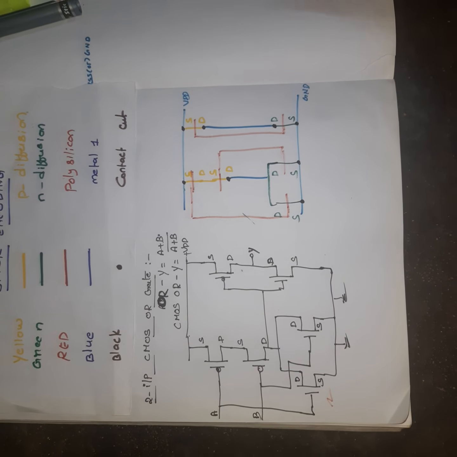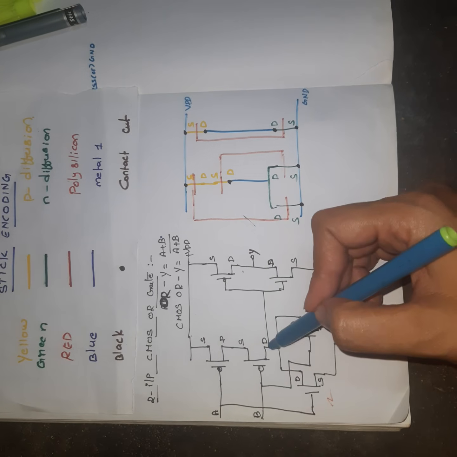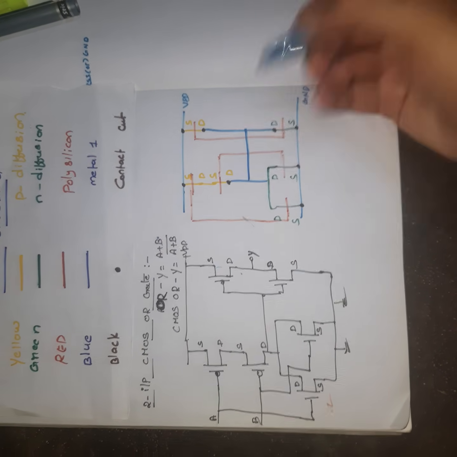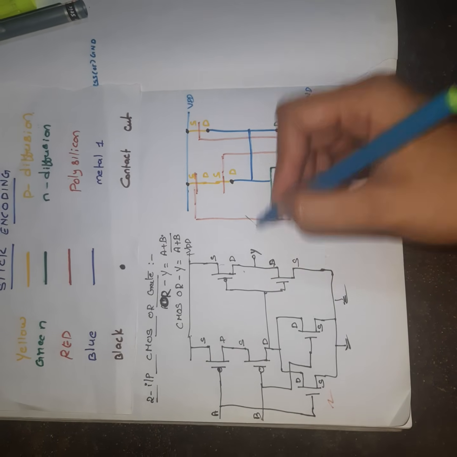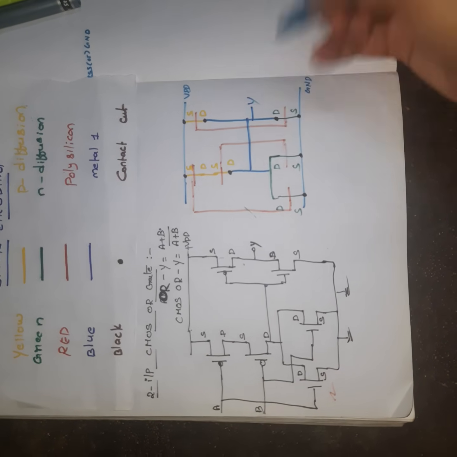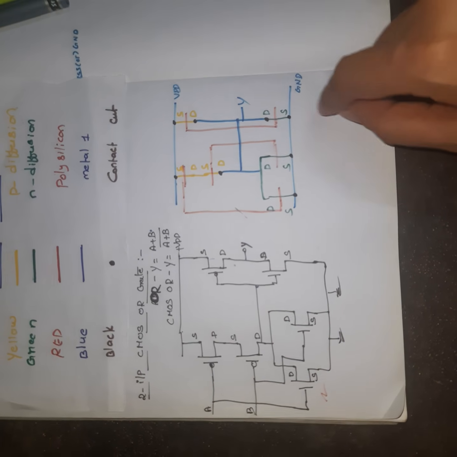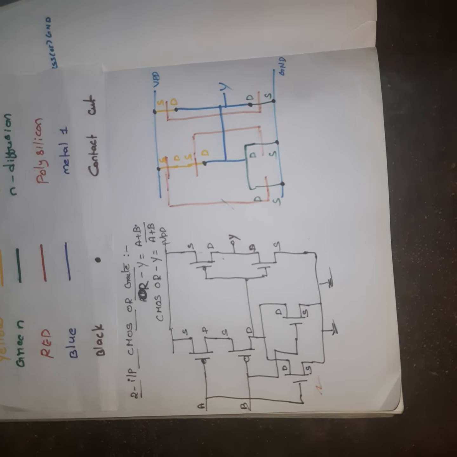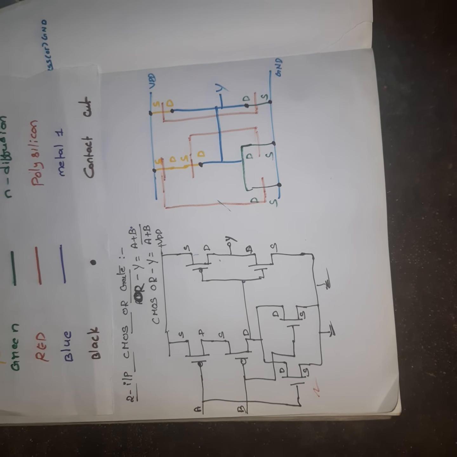Now the indication of the output terminal. See here, the output of the first part of the circuit is given as input to the CMOS inverter here. I am indicating it here. Next, at the total circuit output you have to indicate Y, output Y. So this is the stick diagram of the two input CMOS OR gate. Likewise, you can implement a two input CMOS OR gate, or three input, four input, etc.